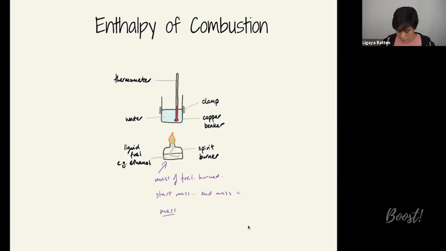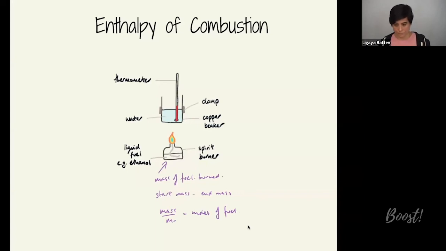Mass over Mr will give us the moles of the fuel that we burnt, and we need that in order to work out our enthalpy change per mole. So when we're describing how to do the experiment, you're going to talk about having your liquid fuel in a spirit burner, and you measure the mass at the beginning with the lid on usually, and then do the experiment and measure the mass again at the end, again with the lid on,